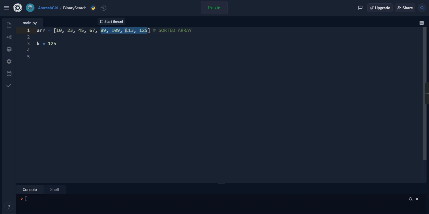Then we simply did it for the rest of the array. We divided it into half, and we checked whether the middle element is bigger than the element that we are searching for. If it is bigger, we check the left side; if it is less than the element, then we check the right side, and so on. So after 3 steps we have our answer, right? So that's the basic idea.